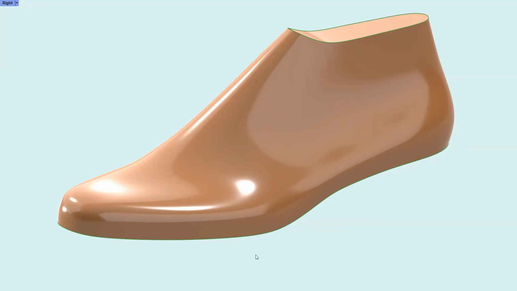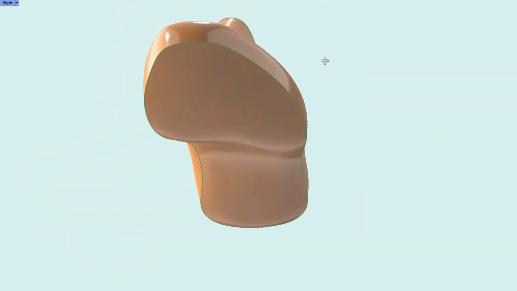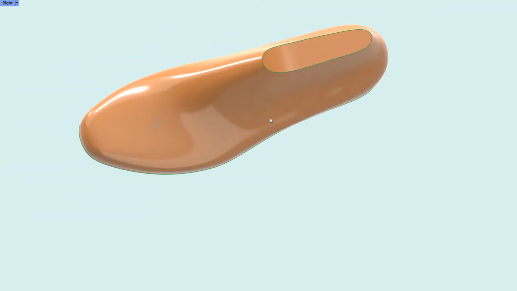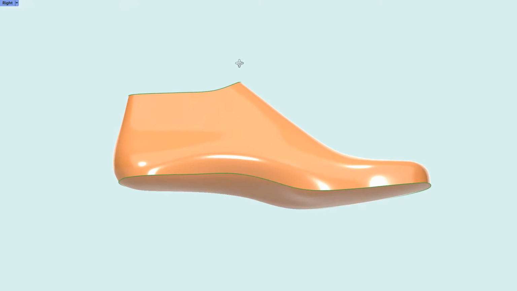Hi, in this short video I want to explain and show you how I can change the nose tip of a last by using a pre-shaped nose tip that I have already made earlier. Let's say I have this last, I modeled it, I'm happy with it, but I want another nose tip